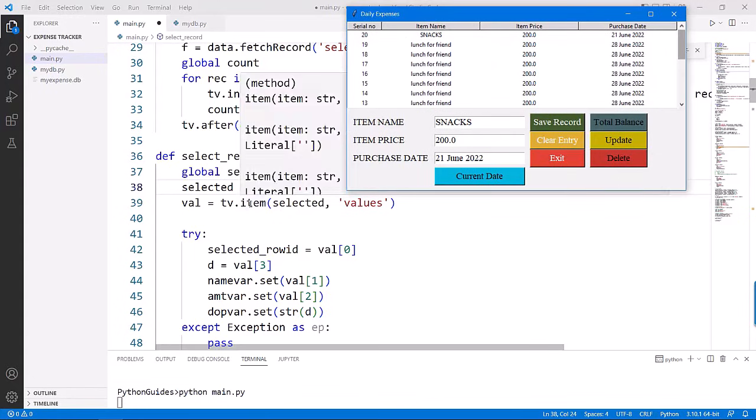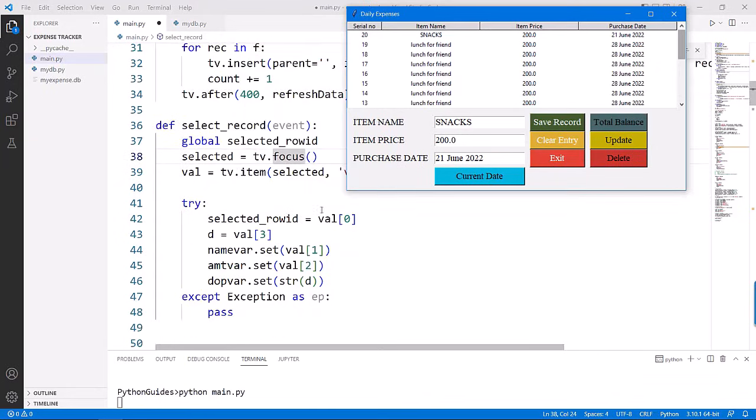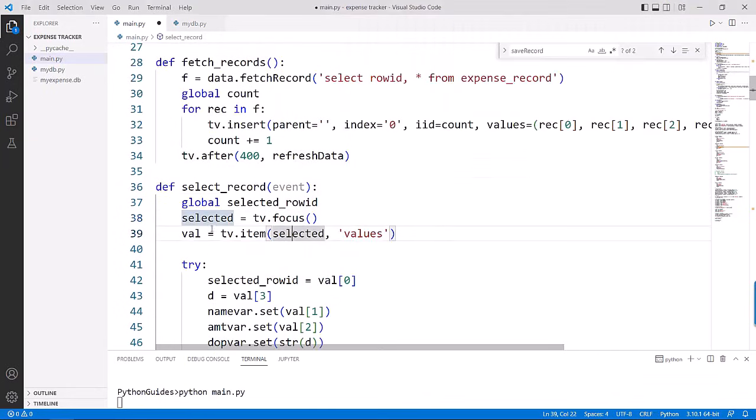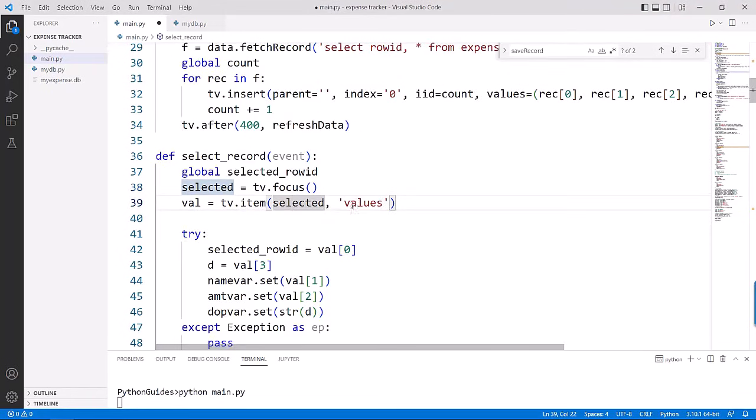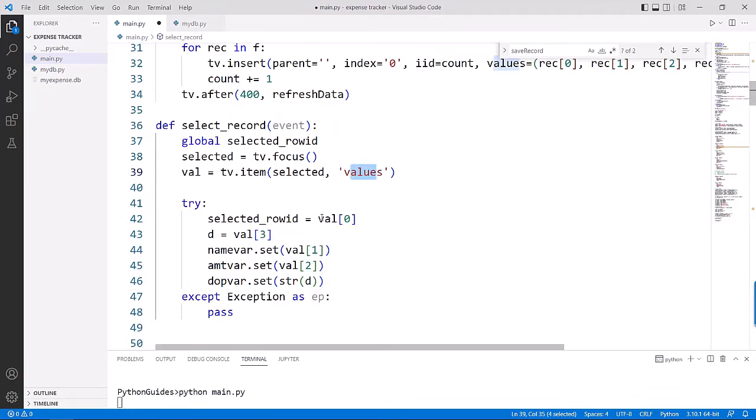Then using this tv.item selected values, this is a function which accepts the name of a focused value and then what information you want from it. So you want values, so that's why. Now we have stored this information in the val and then selected row ID that we have selected. So this is the row ID. First item that is appearing is the row ID, and we have stored it inside our selected row ID,